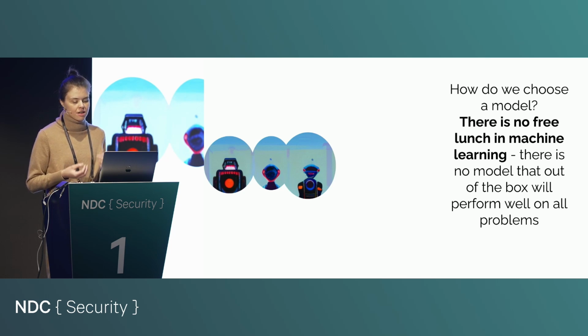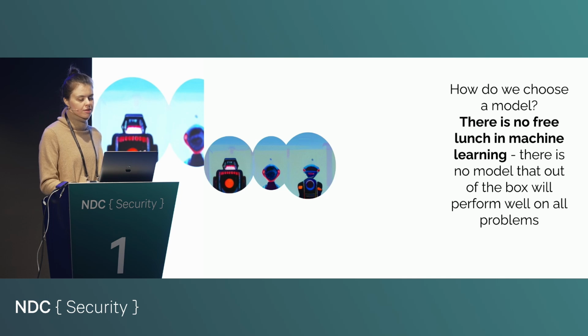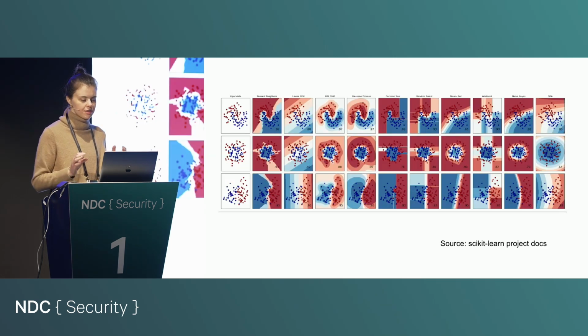So this is where the art part comes in, and the experimentation. You develop an intuition, but you also have to try a bunch of different solutions before you come to one that fits your data and your problem. Just to illustrate, this is from a very famous machine learning package called scikit-learn. They've done this illustration to show you the different kinds of decision boundaries that various models learn.